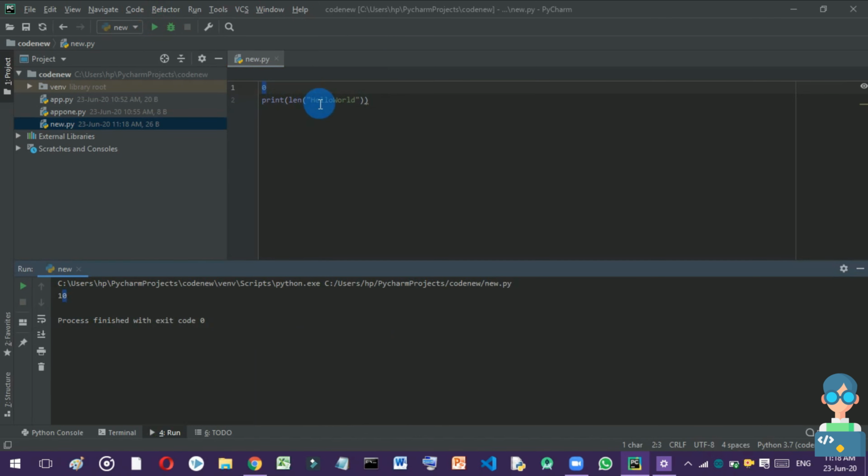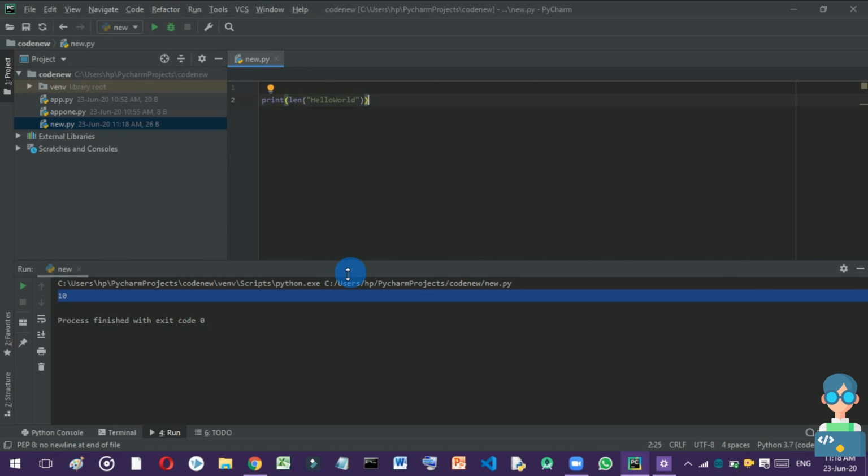And let me count: HELLOWORLD, 1, 2, 3, 4, 5, 6, 7, 8, 9, 10. That is, there are 10 letters and we are getting 10. So now we can see that we can also print the total number of letters in a word.